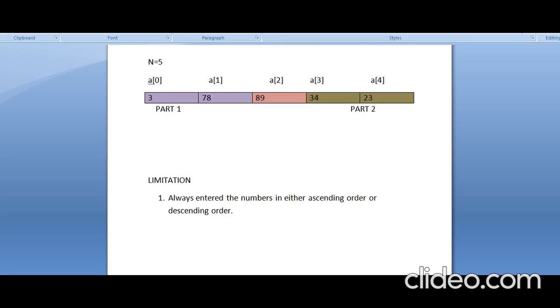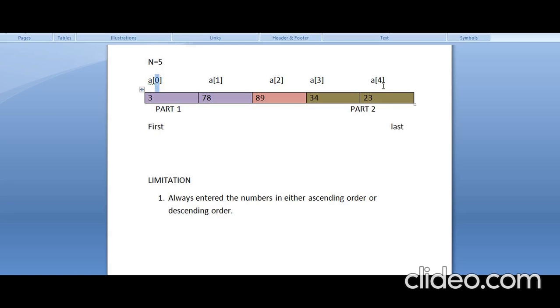Now what I said over here is that this is my first pointer. Let me write it down here. This is my first, and let me write it out here. This is my last element. So first, last. First is pointing to 0. Can you see? First is pointing to 0.